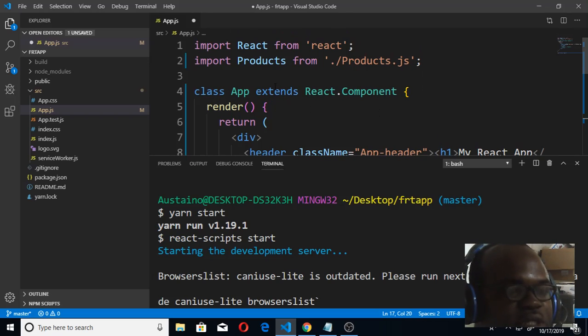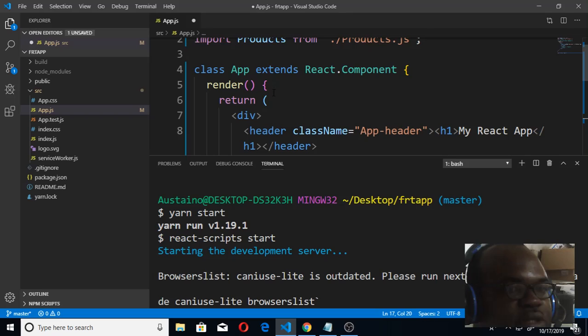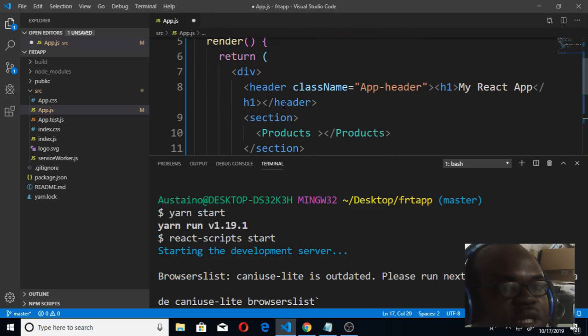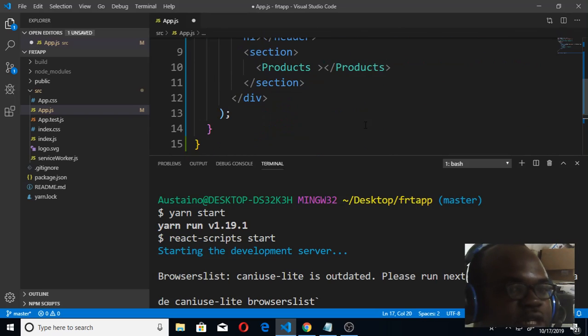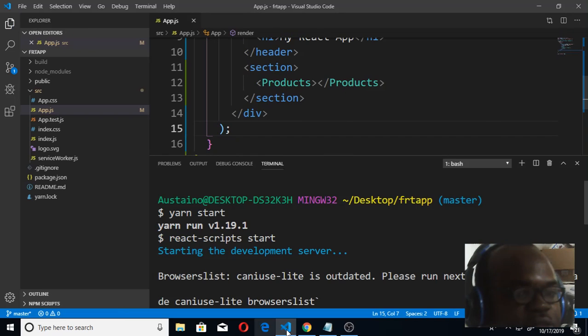So this is how you create a class-based component in React. Class App extends React.Component, and this is the render method that's going to have a return statement, and it's going to be returning product for now. So I'm going to say Ctrl S to save this. So once I do that and I go to my